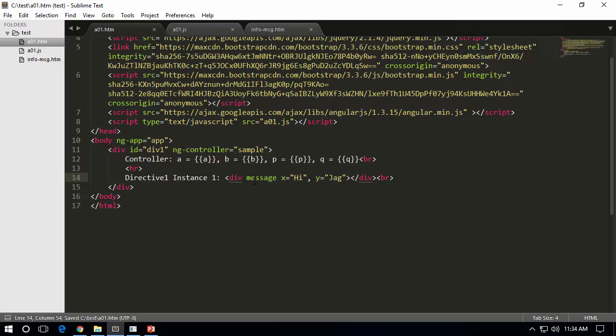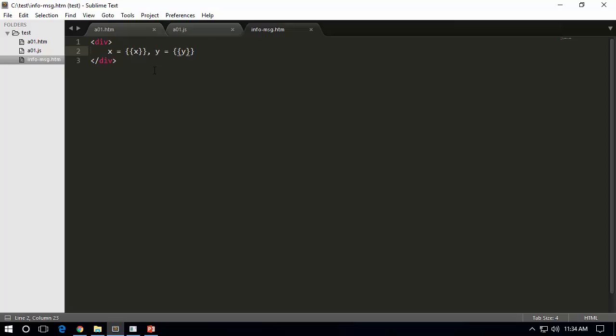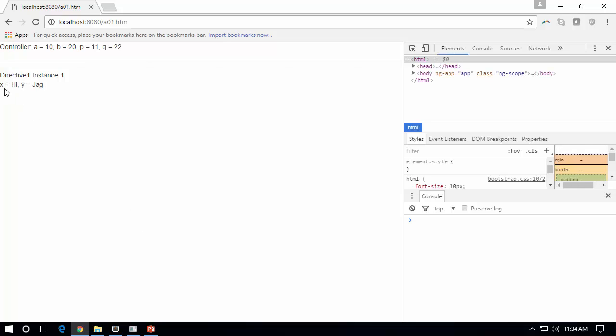This directive expects two values x and y as parameters, and those two values will be assigned automatically to those two members of the isolated scope, which will be automatically rendered as part of your template. So let me press F5